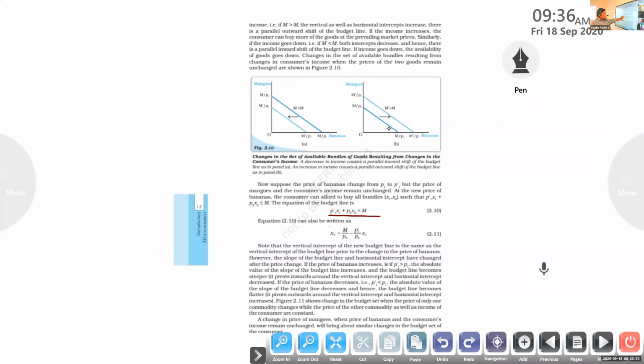So here you want to understand, in that bundle, two products are there. At the same time, the price of both commodities will not decrease or increase. Any one commodity, here they mentioned the banana. So that's the P1 dash, the new price of X1. Okay, is that idea clear?